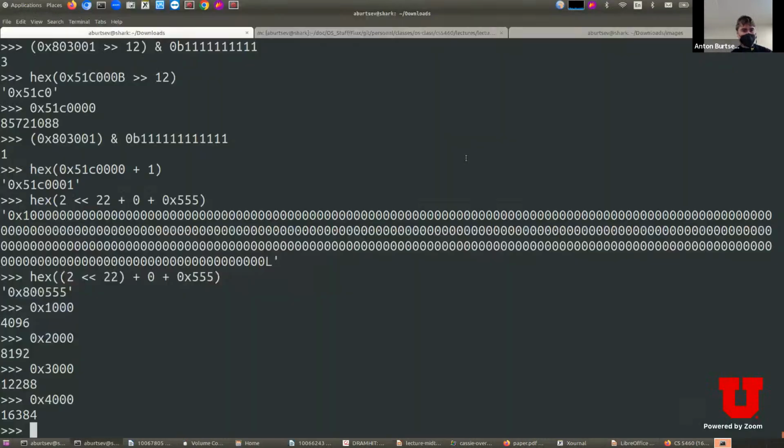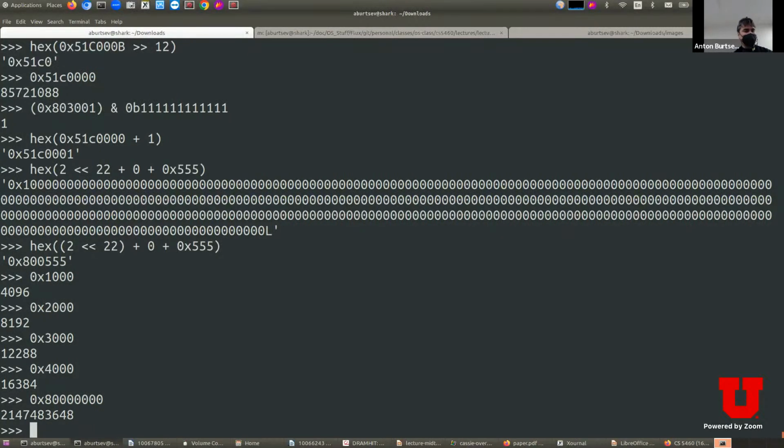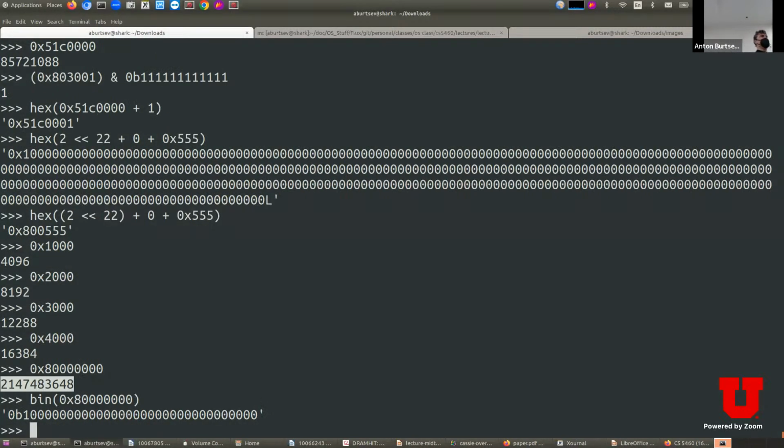Like, again, good job, good eyes. This is the address, and this is exactly 4 gigabytes, or 2 gigabytes, right? The reason I know is that if you write it in binary, it will be just a 1 here, right? Because you split the address space into 2 gigabyte regions, and you say there was region 0, and now it's region 1. Okay,